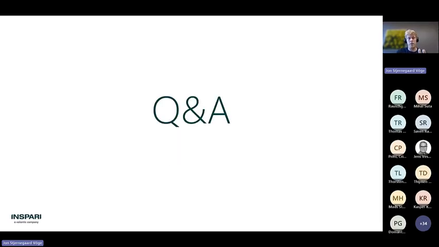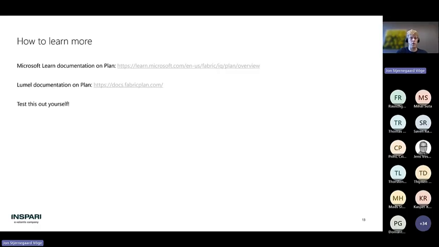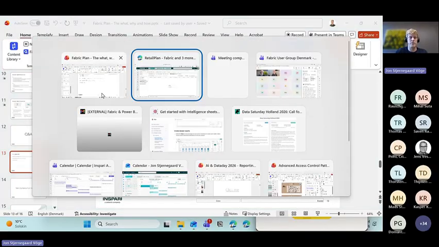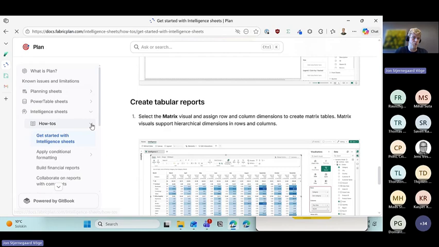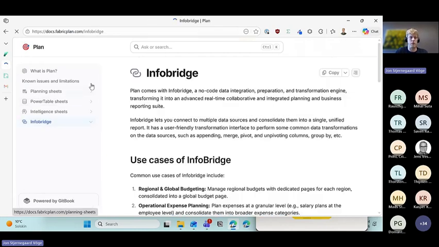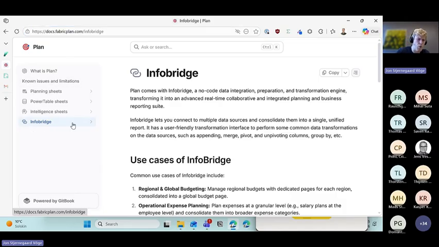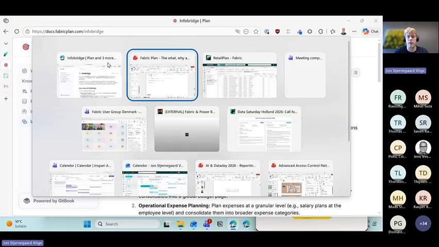We are in the middle of Q&A. Before we spend the last few minutes potentially doing so, I just wanted to shout that there's the official Microsoft docs to learn a little about this, and there's the docs nobody tells you about. docs.fabricplan.com is the place you go for actually learning how to build these things. The official Microsoft documentation is not good, and this link doesn't really appear anywhere. I'm not even sure how I found it in the first place. It doesn't show up on Google when I try, at least not last time I tried. They're also showing that there's a fourth component type called InfoBridge, which is not visible to me yet, and it's not in the Microsoft docs. So maybe this is something that is coming soon. I don't know. But this is a place to check out if you're trying this yourself.